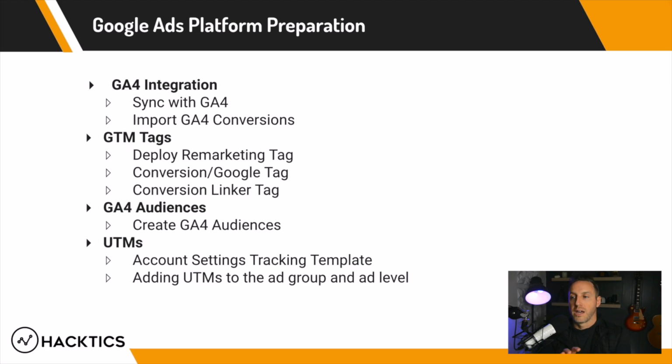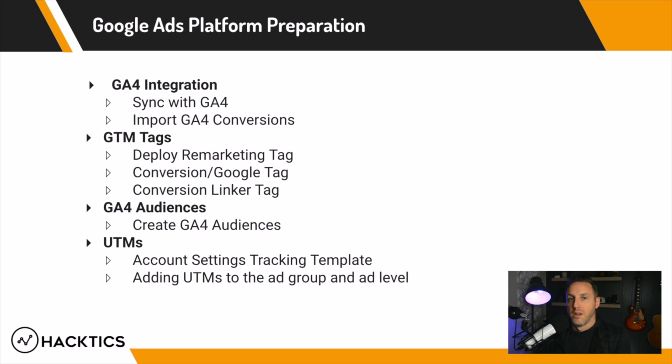What we're going to do is go into GTM and create a remarketing tag. From there, we're going to go back into Google Ads and grab something called the Google tag to make sure that we can remarket and retarget these folks. And then we're going to place a conversion linker tag. A conversion linker tag is something that Google uses so that if you visit a website on a desktop, then visit it back on mobile and convert there, it ties everything together, so it gives you a better idea of your attribution. Then we'll go in and create some GA4 audiences,